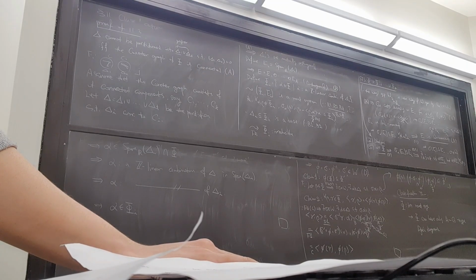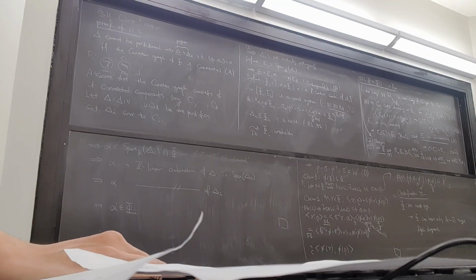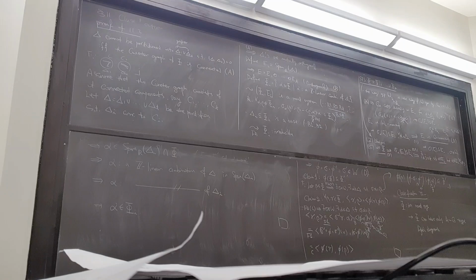Then we also have to say something about how a simple Lie algebra is classified by its root system, over algebraically closed fields. Okay, but we'll do this in the next